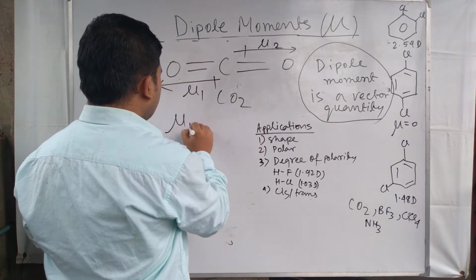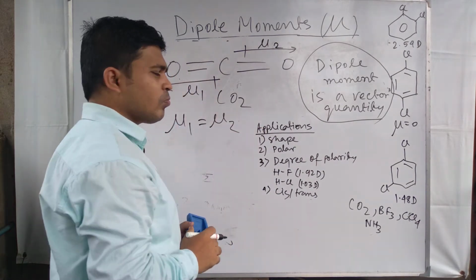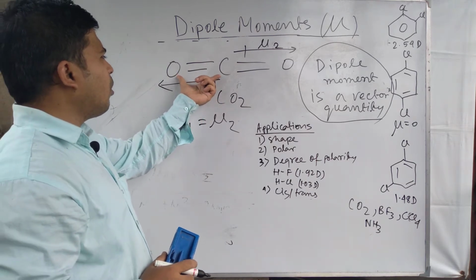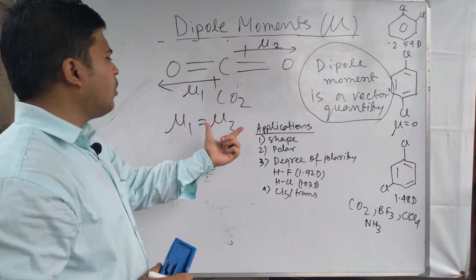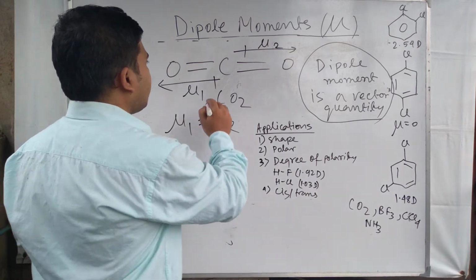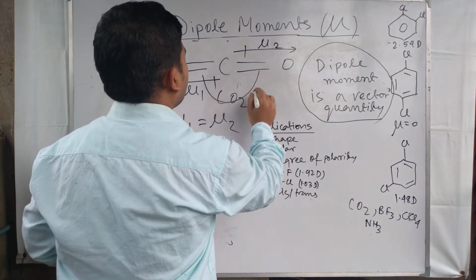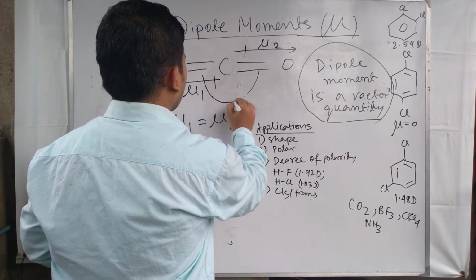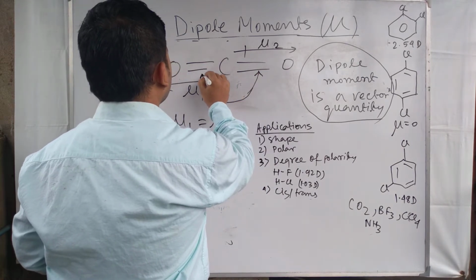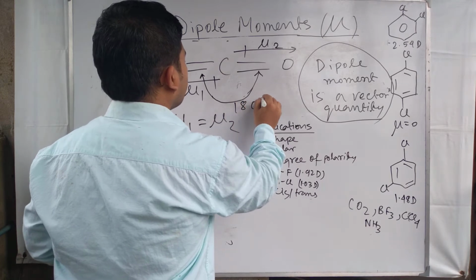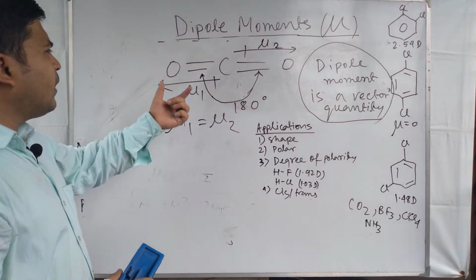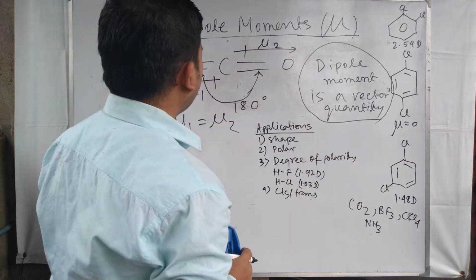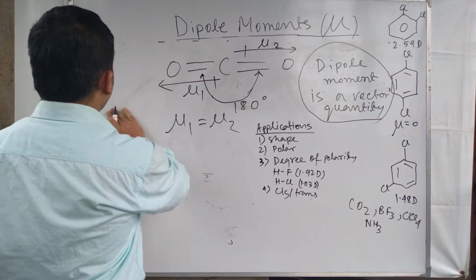Here mu1 equals mu2, meaning the magnitude of the bond moment of the CO bond and the other opposite CO bond are equal, and the bond angle between O, C and O is 180 degrees, and the shape of the molecule is